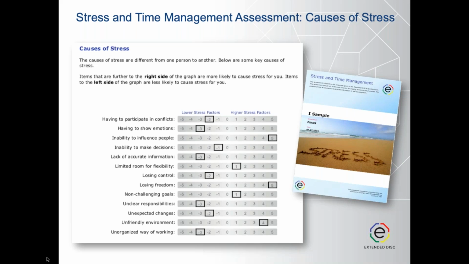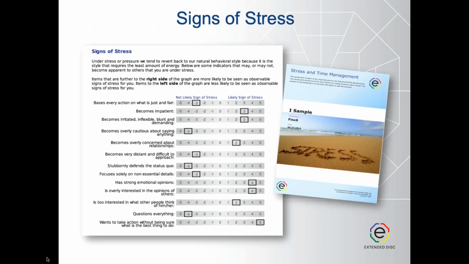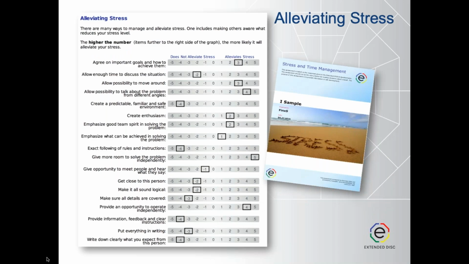Another section of the report talks about the signs of stress. An option in looking at this page would be to cover up the scores and look just at the left side at what are some of those signs of stress, and prioritize: do I show this when I feel stressed? And then compare it to how you actually scored on the bar graph itself. Once you've recognized some signs of stress, now we can create that action plan. What are some steps that we can take to help alleviate it? And in the report, it's there to help you.